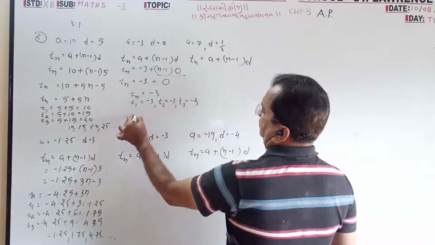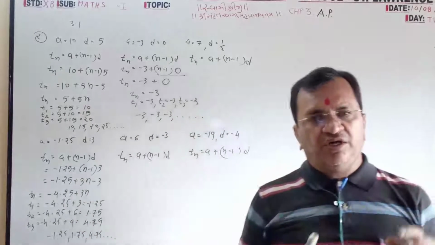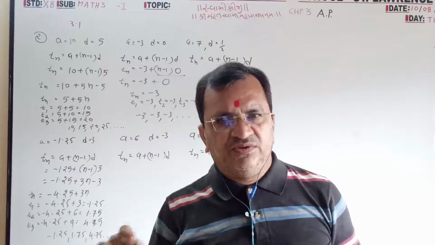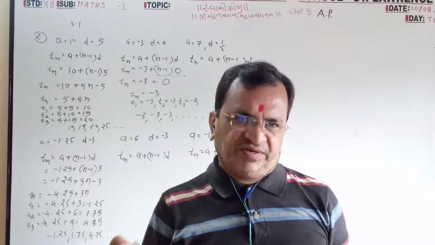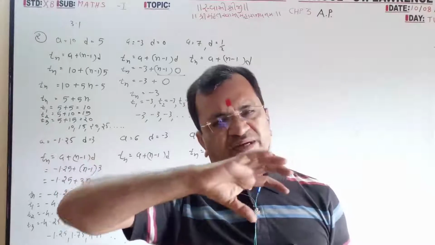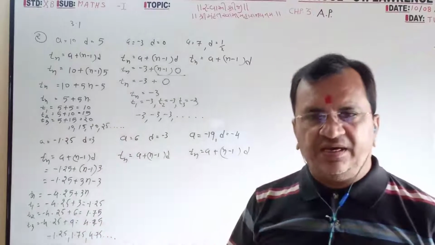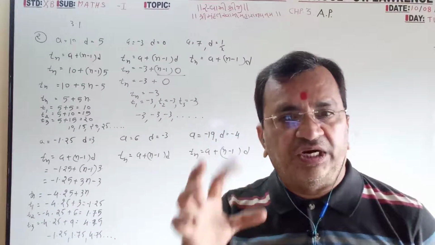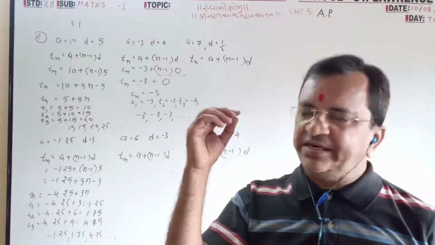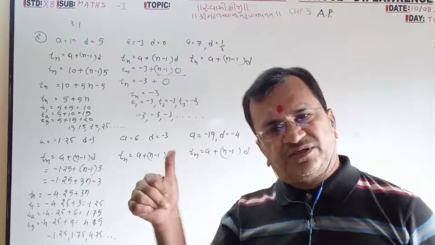When all terms are the same, at that time the difference is 0. And when the difference is 0, all the terms are the same, vice versa. If the numbers are same, difference is 0. If the difference is 0, all the numbers are same. This type of series, this type of sequence, this type of AP is known as constant. No change in any number. A is equal to T1 is equal to T2, it is T3, it is T4. All terms are equal, so it is constant.